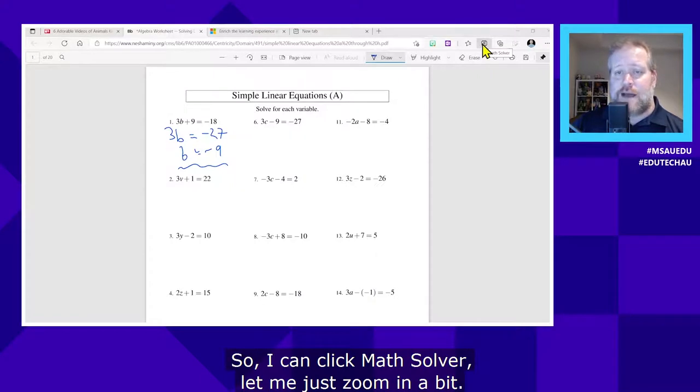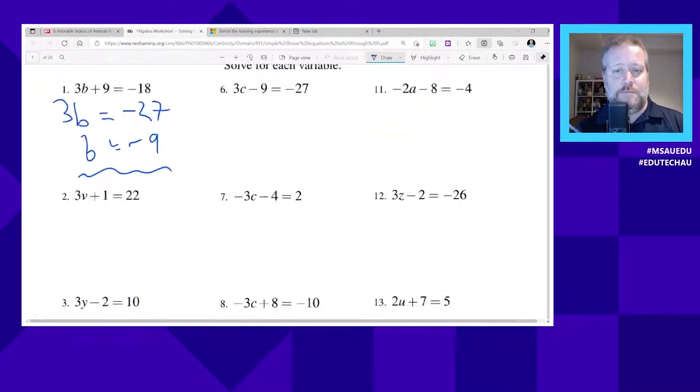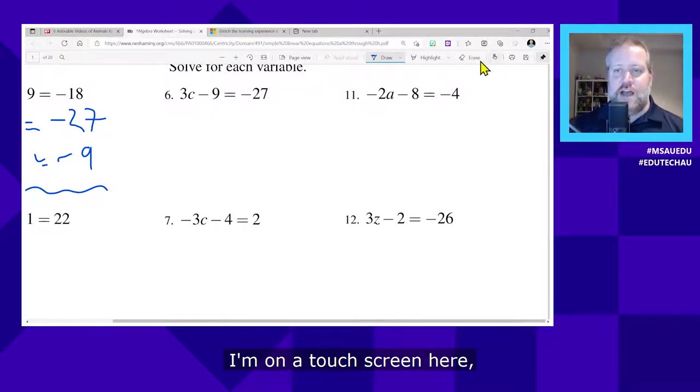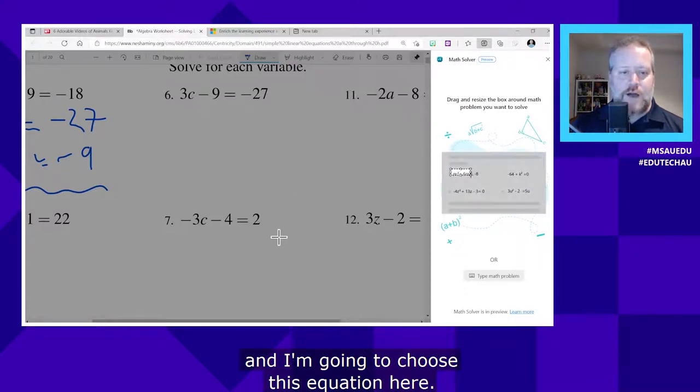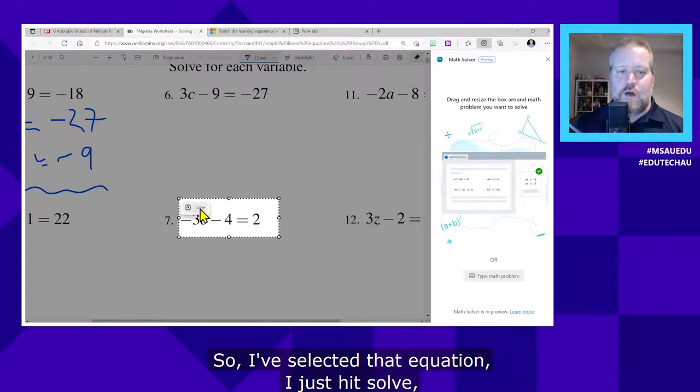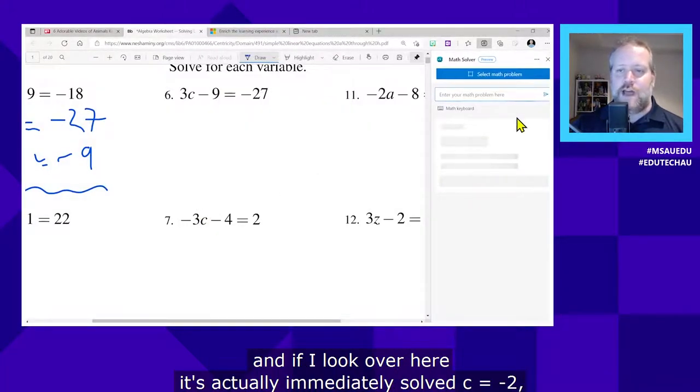So I can click Math Solver. Let me just zoom in a bit. I'm actually zooming in with my fingers. I'm on a touch screen here, and I'm going to click Math Solver, and I'm going to choose this equation here. So I've selected that equation. I just hit Solve, and if I look over here,